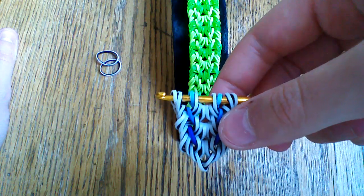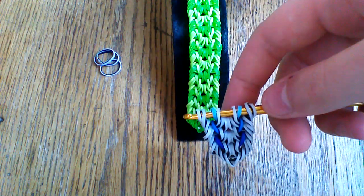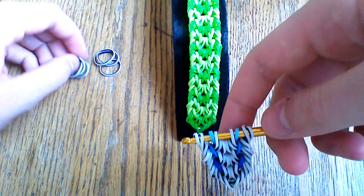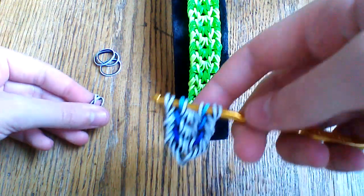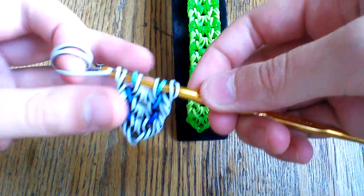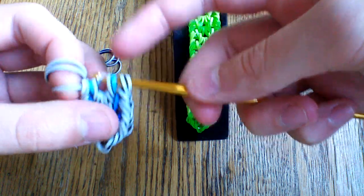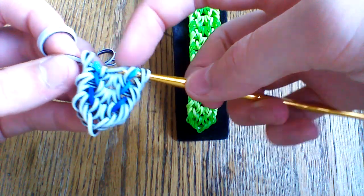So I'll show you one last time the placement of the zebra bands here, and then I'll show you how to finish it off. So what you're going to go ahead and do is take your zebra bands, or whatever bands you're using, again switching a color if you need to. You're going to pull a band through the first 4, lift